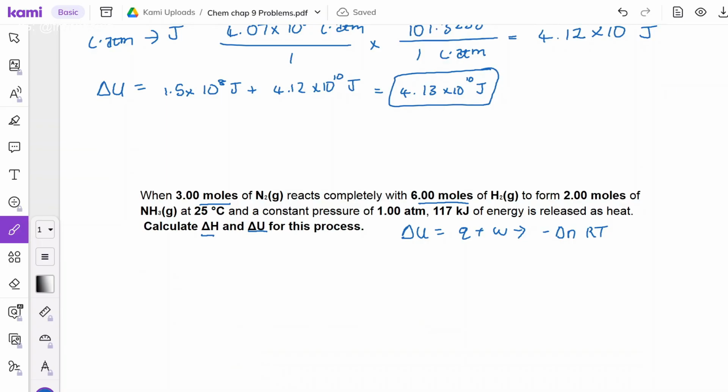Okay, so first of all, we write out the reaction. You don't necessarily have to do it, but I like to. They say 3 moles of N2 plus 6 moles of H2 give you, and they're both gas, that's another thing to remember, 2 moles of NH3, also a gas. And now, since we're already given a unit of heat here, which is the Q, we